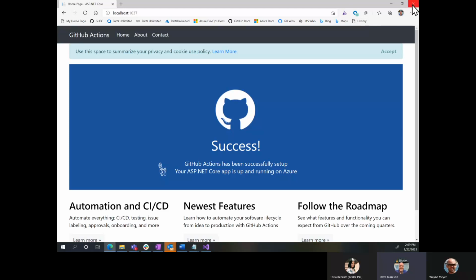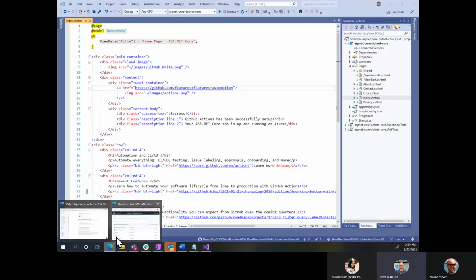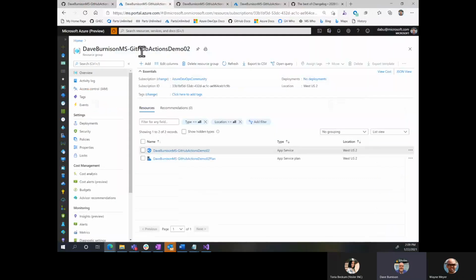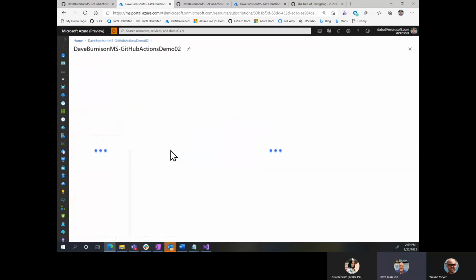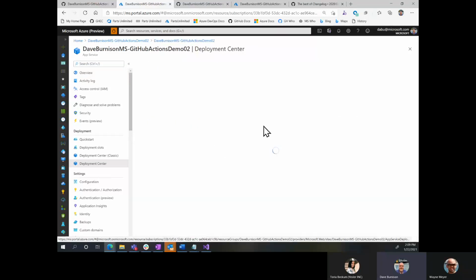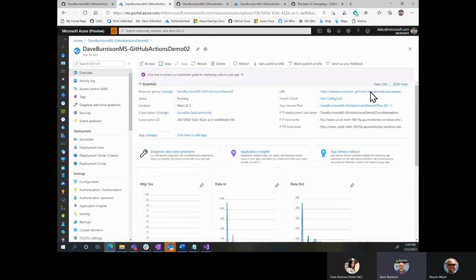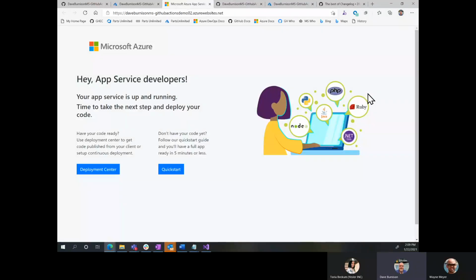But I want to get that out there on Azure. Right now, if I go out and look at my Azure web app, I've already got that set up and deployed, but we don't have anything out there yet. If we look at the deployment center here, it's going to say there's no deployments, just to prove all this out. If we look at our overview here, it says, hey, this is just a placeholder. The web app is out there, but there's actually nothing there. So this is just a placeholder page.